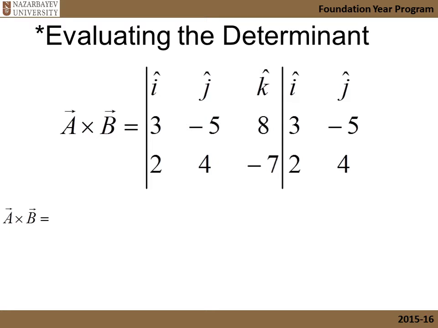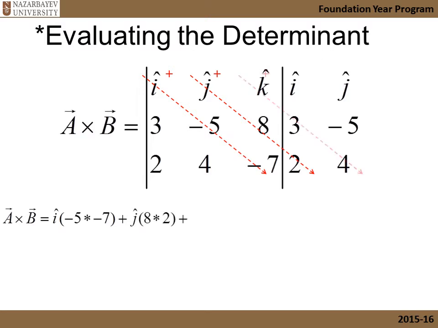Our summing diagonal will be oriented from the upper left corner to the bottom right corner, and we multiply all the elements on this diagonal. So we calculate our determinant using this diagonal. It means we multiply i, minus 5, and minus 7. Then we use our second summing diagonal, so we multiply j by 8 by 2,